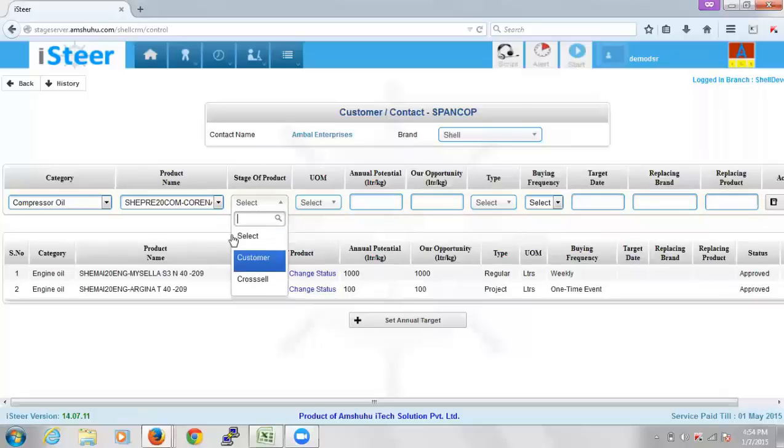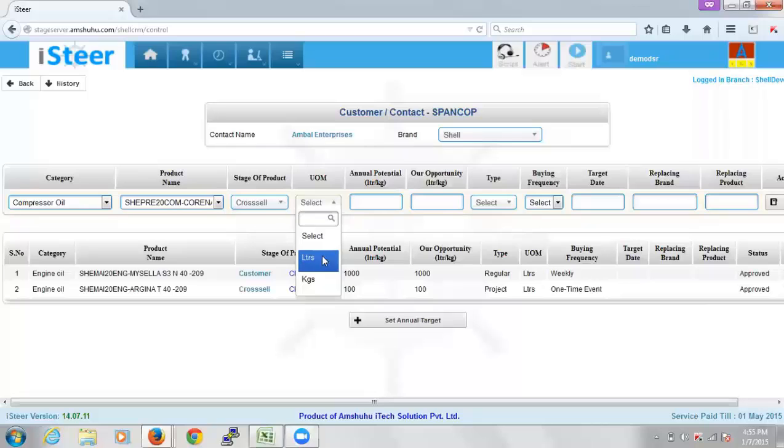Once this company is a customer to you and you've already billed, all the other opportunities would be cross-sell. And select the unit of measurement. UOM is the unit of measurement, given the annual potential of the company. So our opportunity might not be the total buying capacity of the company, maybe a little lesser than that.